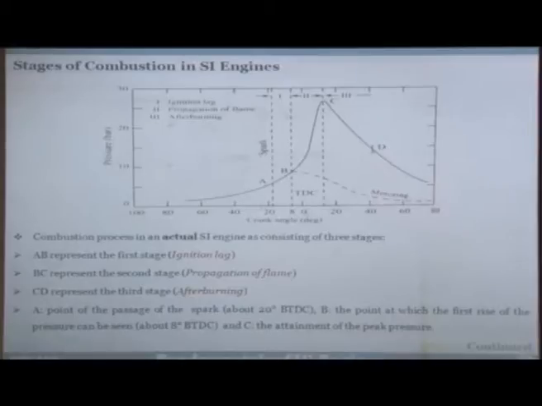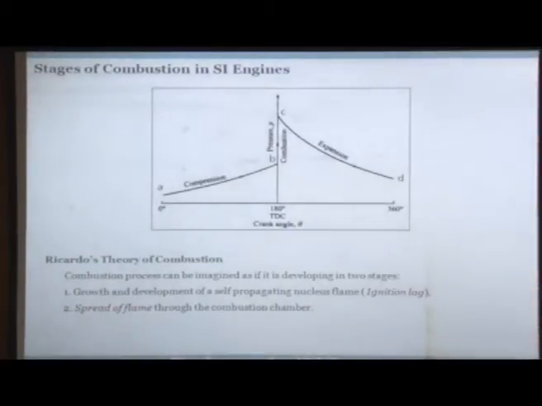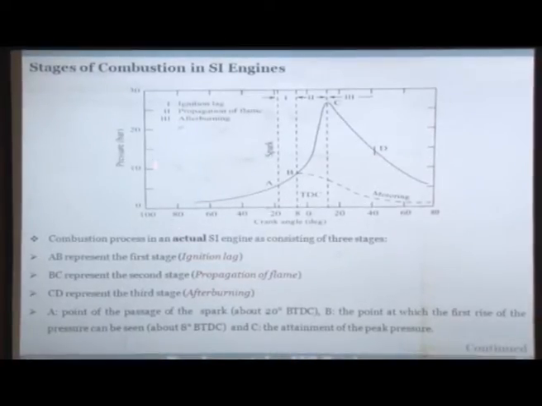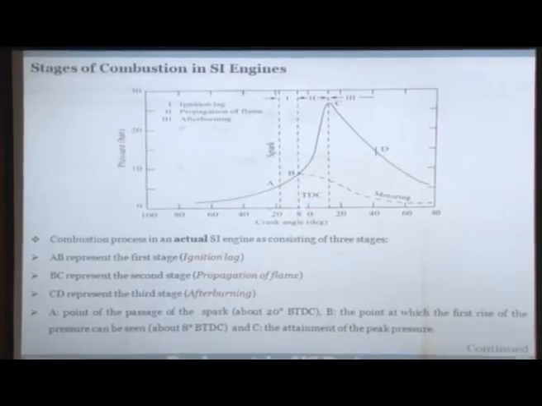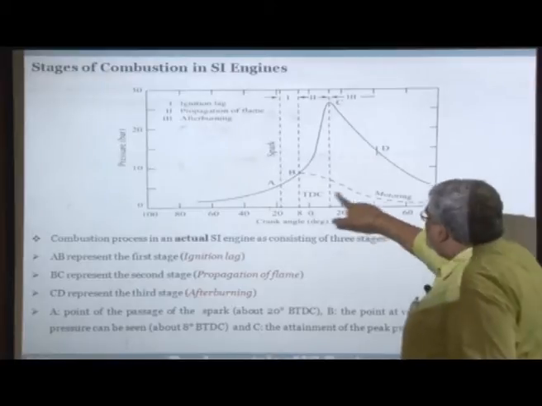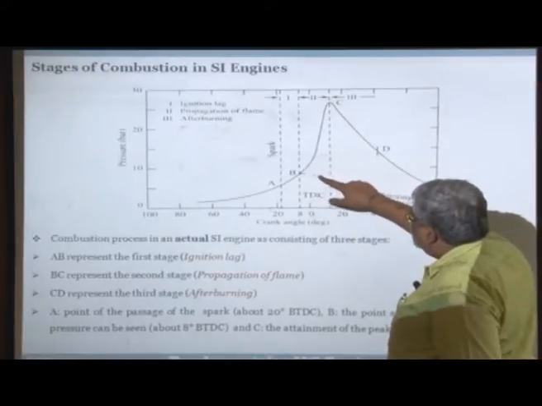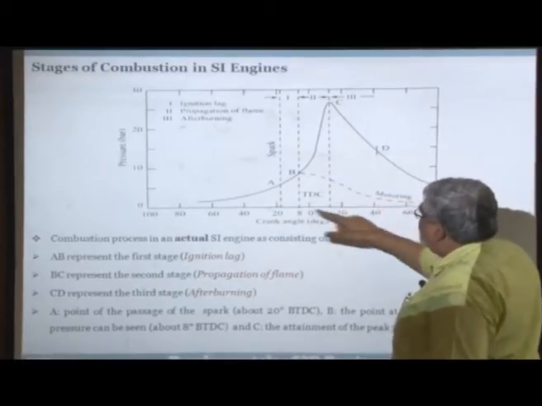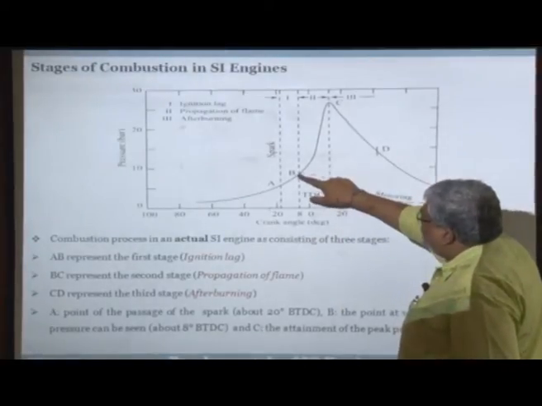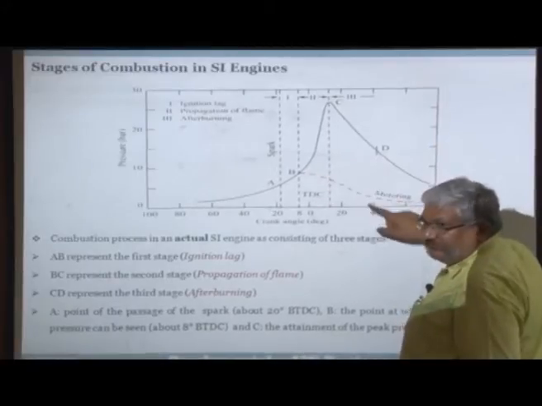Now, let us look at what happens. So, this is the theoretical figure. Let us see what happens in the practical figure. So, in the practical figure, this is the pressure and this is the crank angle. This is the top dead center. Actually, this is slightly wrong here. This should have been like this. This is the motoring diagram. The motoring diagram should actually peak at TDC. This should be slightly peaky here.